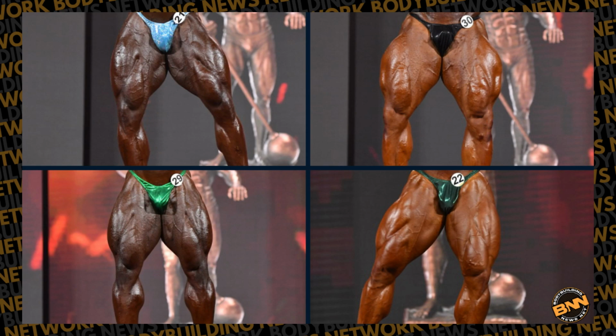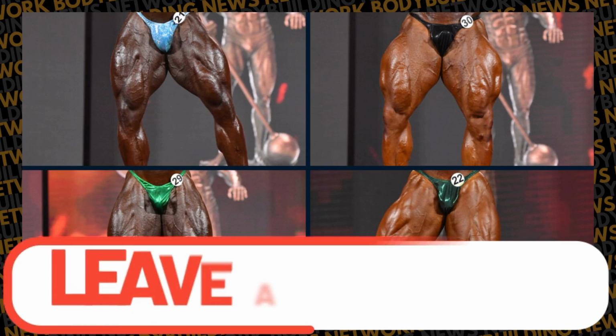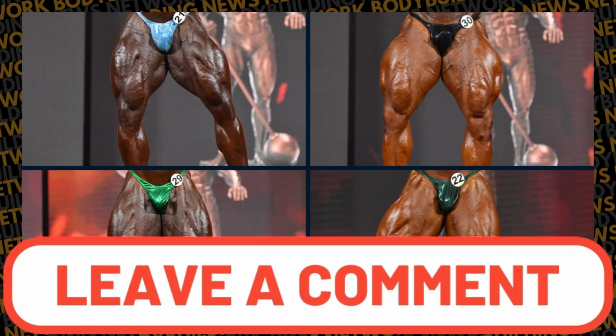So we have something. Now when we look at it, Samson brings a really, really nice flow and fullness to the quads that I think really takes the shots here. I think Ramy has big legs, but they're very unconditioned and they hardly have any detail. So it's hard to